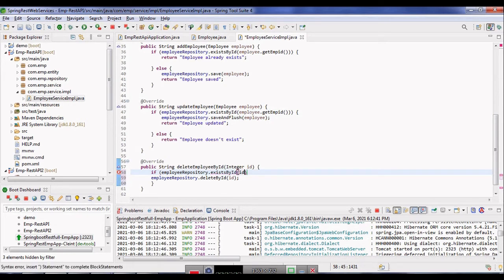For this particular ID I am going to use this, and then only will you delete, and we will return the message employee deleted.